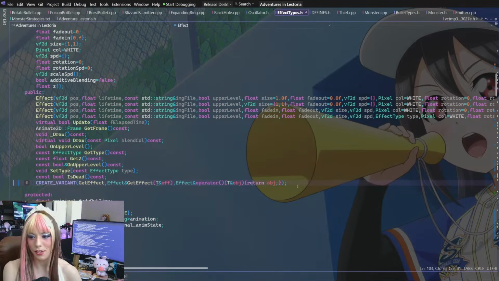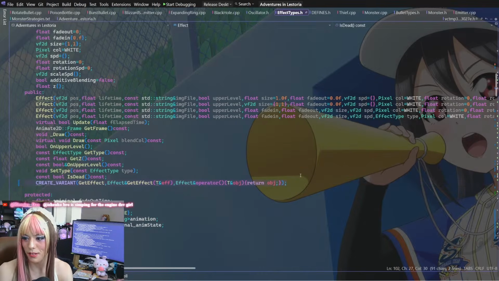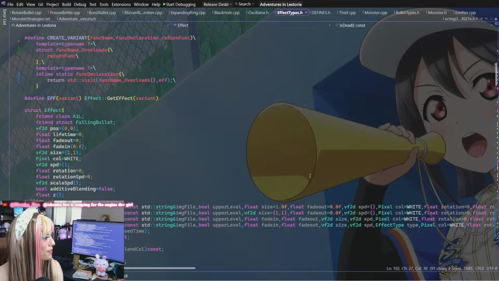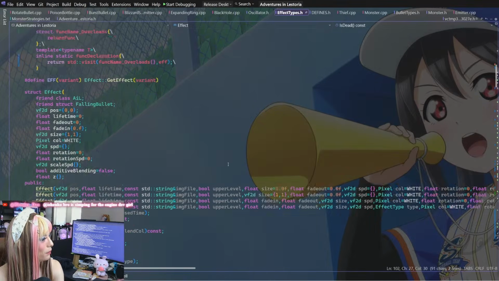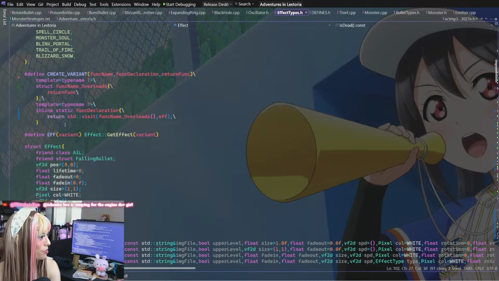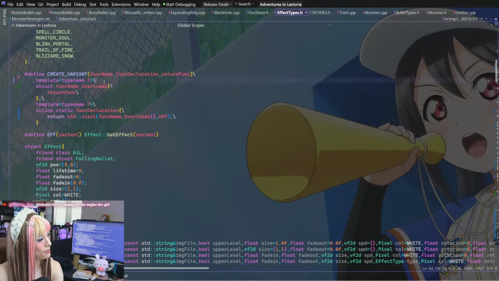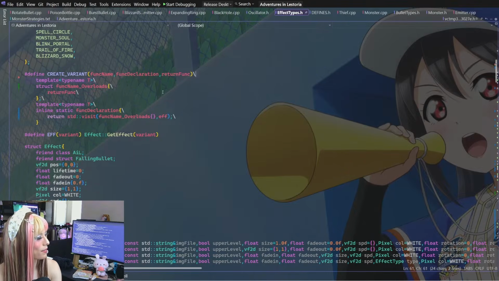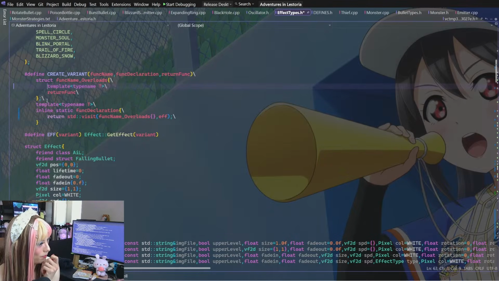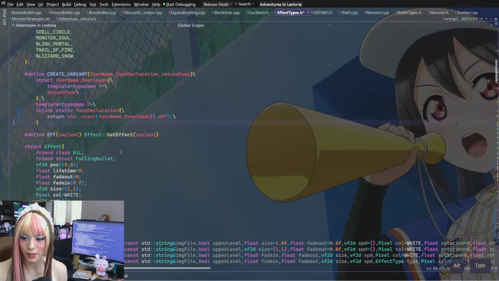So yeah, I think the issue is this is inside of a template or not a template class. So it's like I have to... Well, but it is inside the struct as a template. So does that... This just makes me more confused. I don't know if my logic makes sense here.